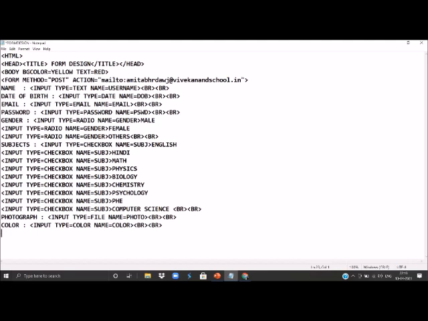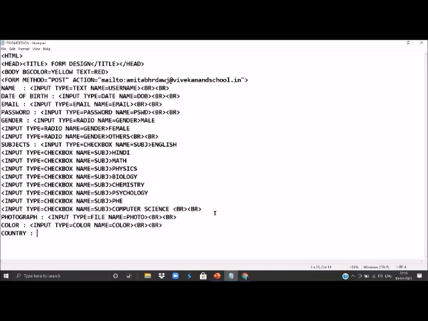Then we will use the select tag if we want the user to select one option out of the options given by us. Say we want the user to enter his country, it will display a list box kind of thing.